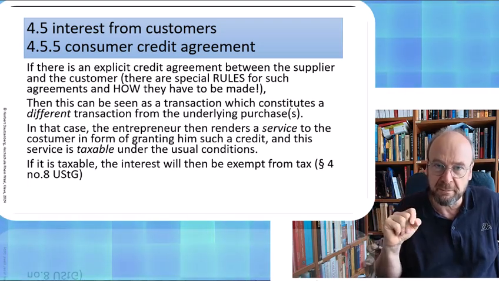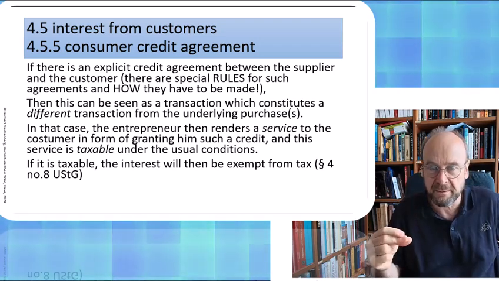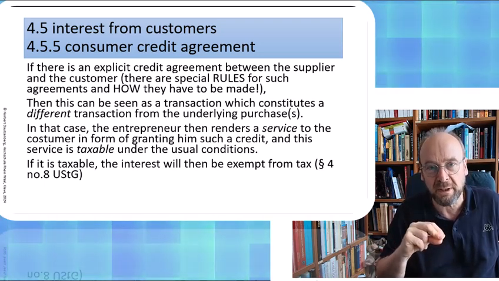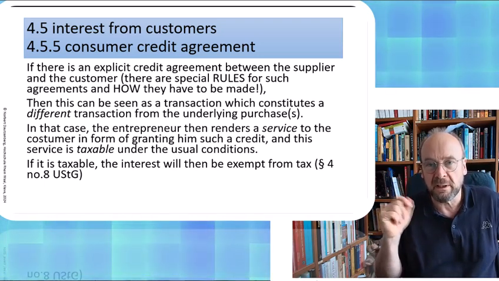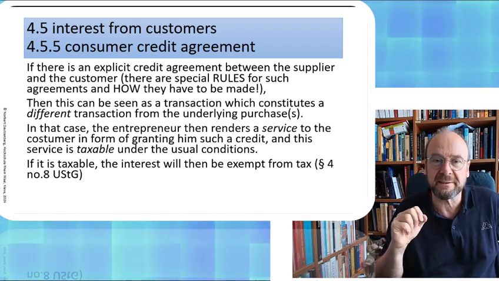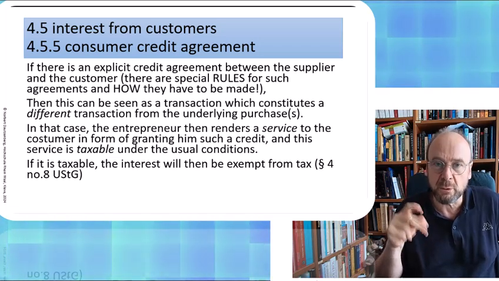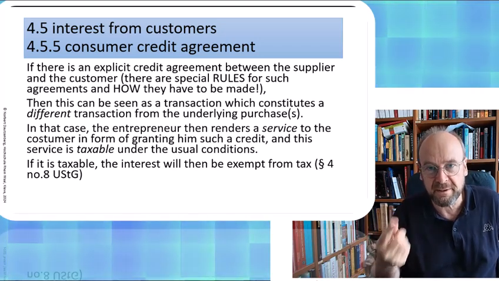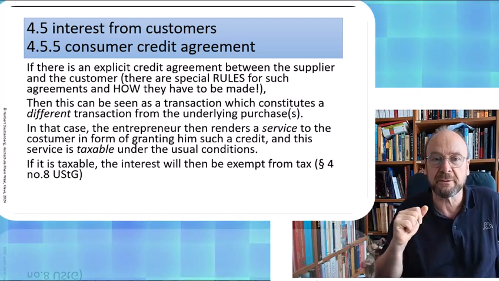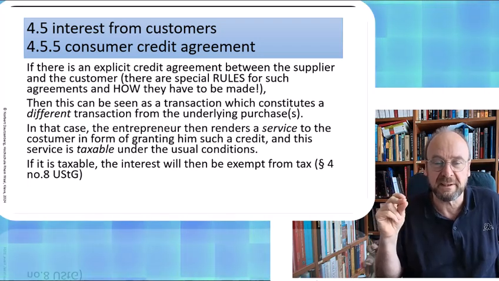However, one might think about whether you could opt voluntarily for a taxable interest under paragraph 9. And the answer is, in most cases, that will not be possible. If it's really a consumer credit, you can't opt to voluntary tax liability because, remember, paragraph 9 says you can opt only for certain transactions, credits, but only if your customer is himself or herself or itself again an entrepreneur and acts as such. So for a consumer credit interest, option to tax liability will definitively never be possible.